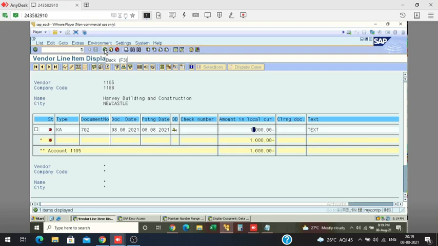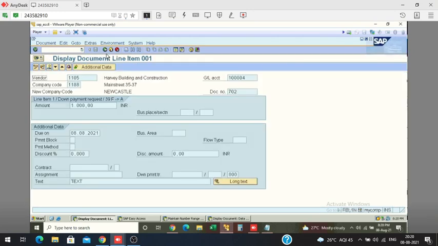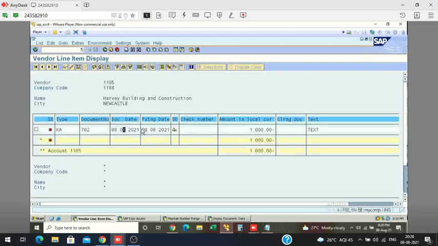We have not done the payment yet. We have only created a request. This is not a proper account entry. This is a one liner account entry. As per our accounting principle, there should be debit and credit. Here only the credit line item is available. The debit line is not available. Because of that, it will not impact your financial reporting. In your balance sheet, it will not show.